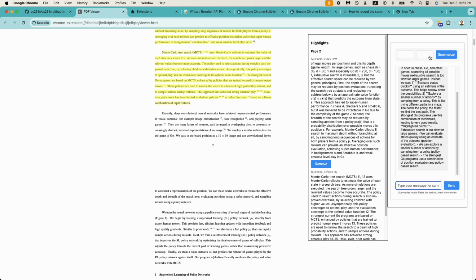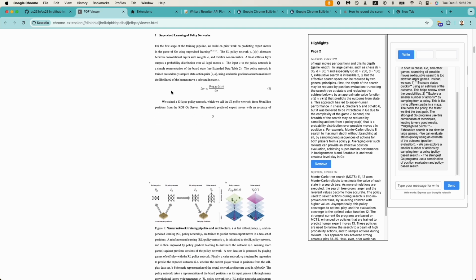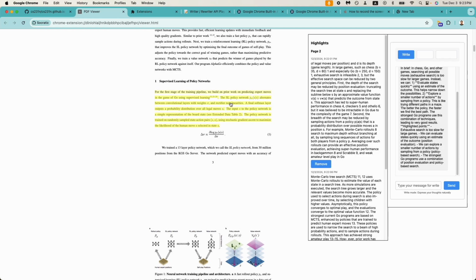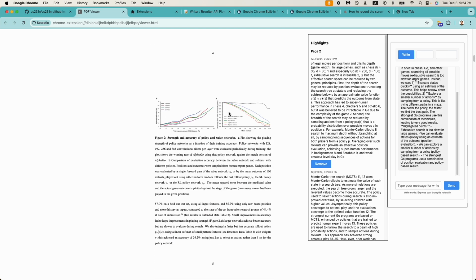And let's try the write API. So we get to the details of the paper. Here it's talking about the first stage of the training pipeline using supervised learning with the SL policy network, and